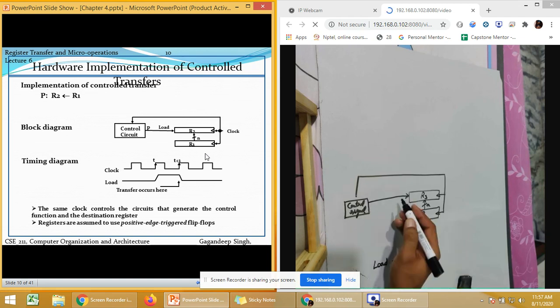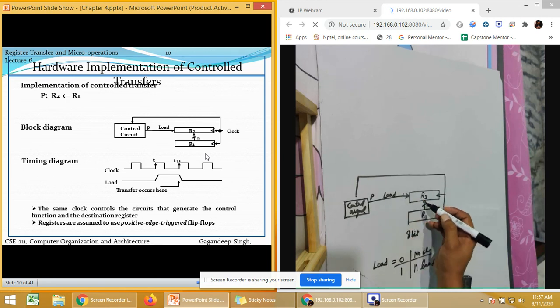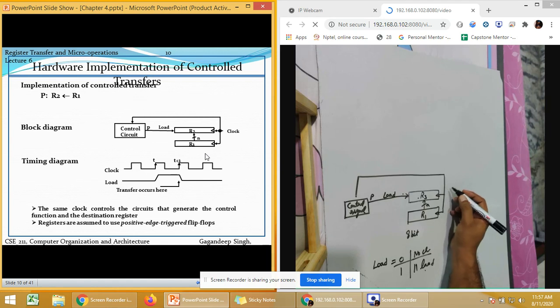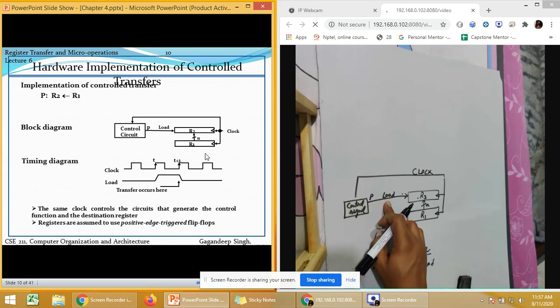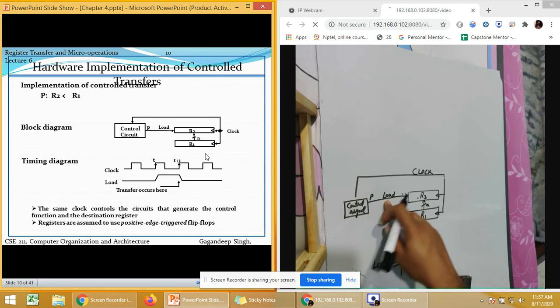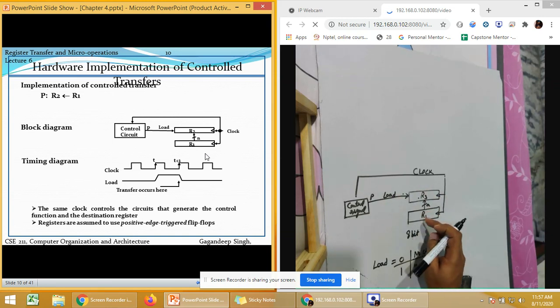So the same thing is here in this circuit. If this P becomes 1, then it will load the data, which means it will perform the parallel load. If the value is 0, the same data will be kept. Okay, so this is how this circuit will work. This is a clock. The control signal will simply initiate a load line. P is nothing else, it is a load line. If this load line is 1, it will load the data from R1 to R3. If it is 0, it will perform no change inside the circuit.